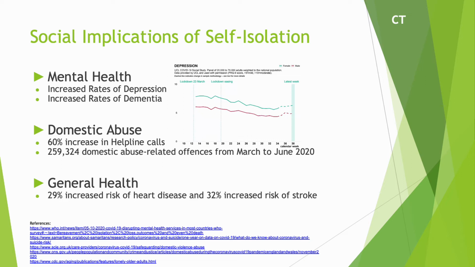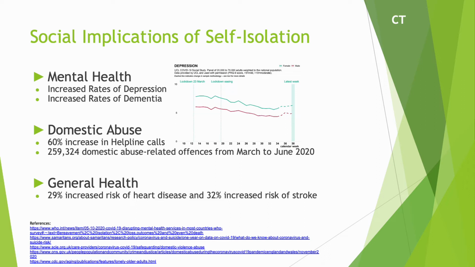Specifically looking at the numbers directly affected by coronavirus, police in the UK recorded 259,324 domestic abuse-related offences in the period of March to June 2020 alone. This figure represents a 7% increase from 242,413 cases in the same period in 2019, and an 18% increase from 218,968 in 2018. Finally, as for health in general, those aged 50 and above particularly suffered as a direct consequence